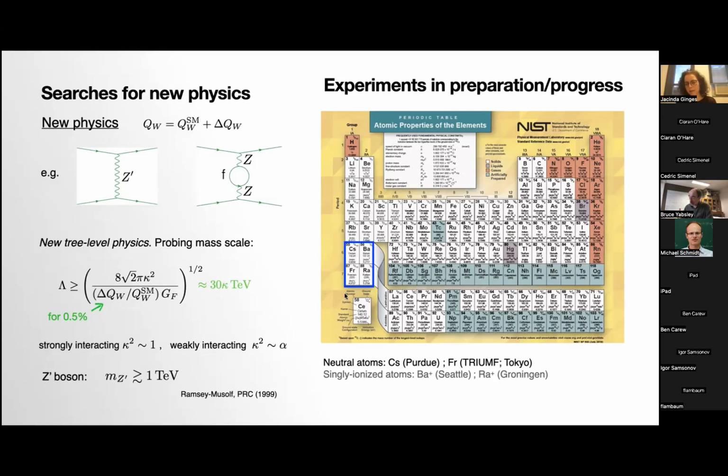And unless the theory is competitive with experiment, and the theory is at the level of 0.5% compared to the experiment at 0.35%, then you can't be extracting the nuclear weak charge competitively. So we need the theory to be as good as the experimental, but hopefully even better if we can reach that. So in these new experiments, they're looking to achieve uncertainties of about, toward, 0.1%. So they're really looking to do better than the current best results.